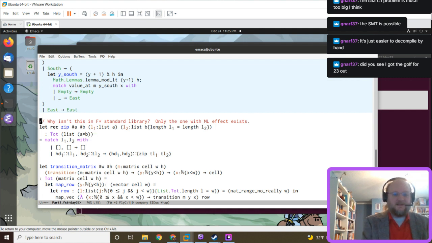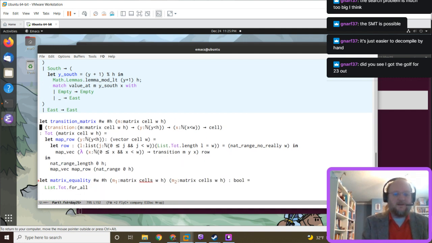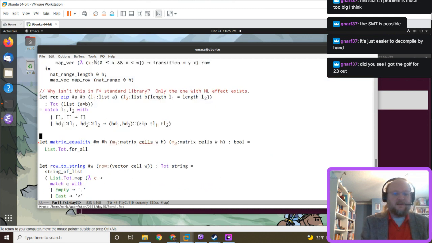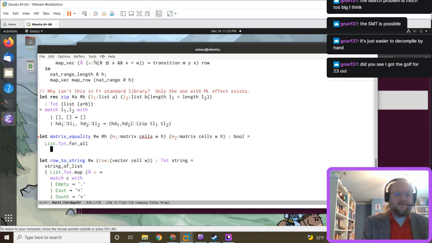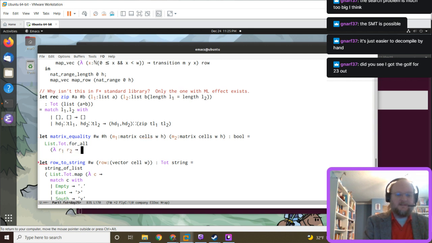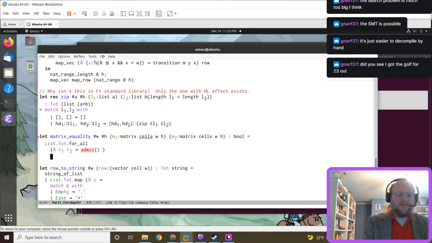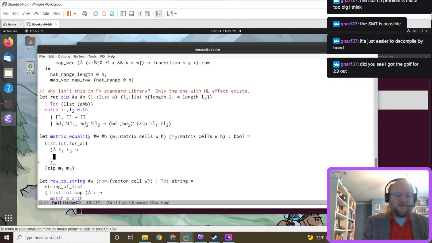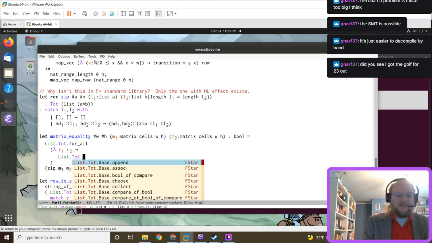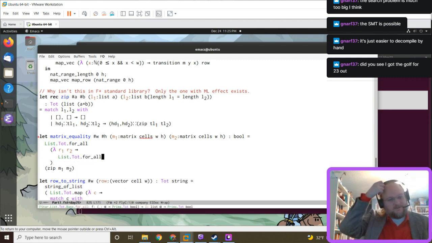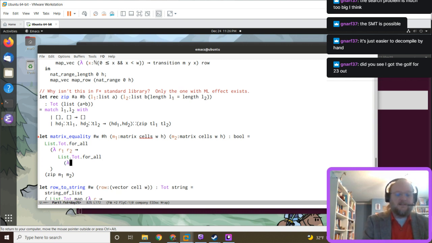All right, so we want to do something with the rows, and it's going to zip M1 and M2. So for each of the rows, we're going to do a list, do a for all on the cells.